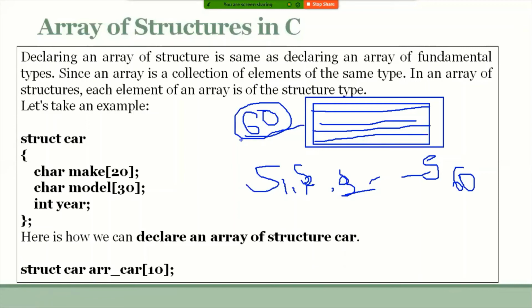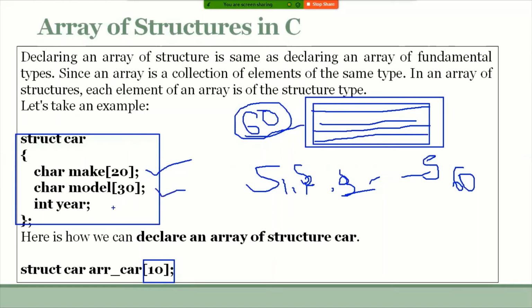So meanwhile, not only length, the frustration also will be increased. To avoid that particular frustration, to reduce length, what do we have to do? We need whatever structure is declared. Let us consider a car structure. I want to create a total of 10 cars' details with respect to make, model, and its year. I want to create these three details for 10 different cars.